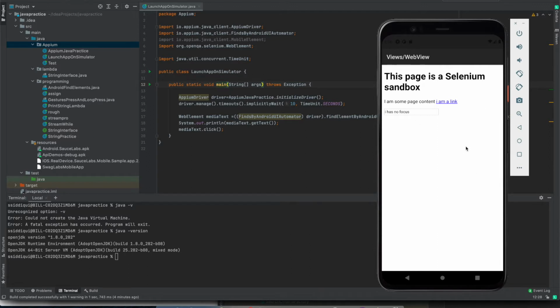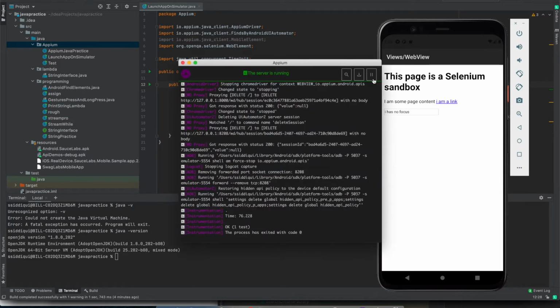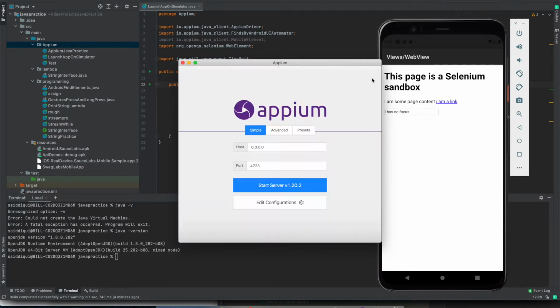So normally if I want to identify the element on this web view, I cannot do so from Appium directly. So I need to identify the element using Chrome or any other mechanism, but I'm not going to show how we can identify the element in the web view. For this video we are just going to see how we can change the context from native to web view.